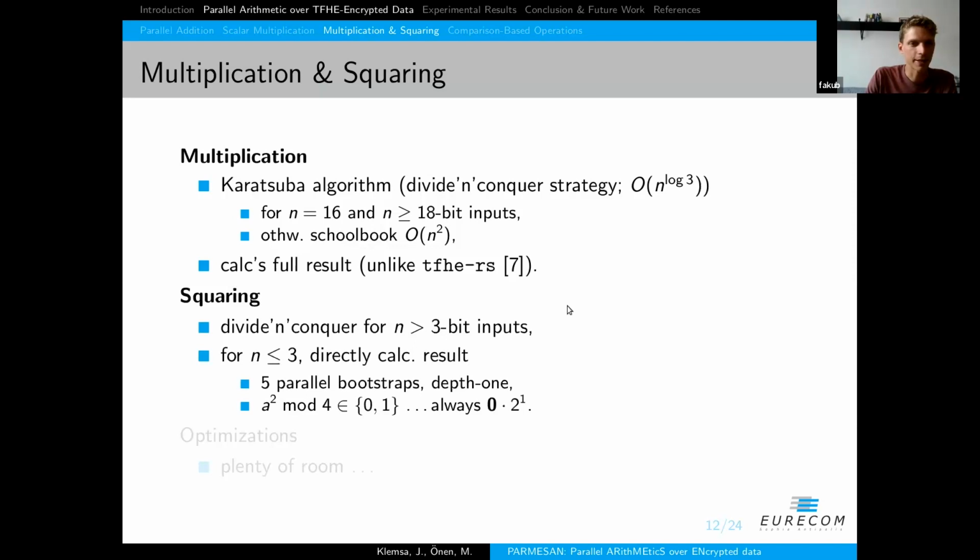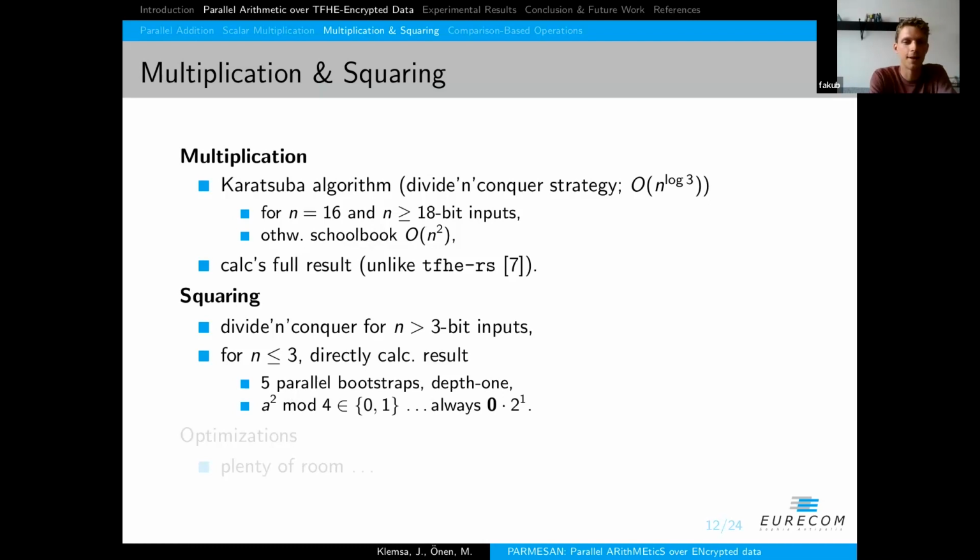Then there's a dedicated function for squaring. Squaring is a special case of multiplication, but very interesting optimizations can be found, and for many applications squaring might be useful. Compared to multiplication, divide and conquer is used for fairly short inputs, from 4 bits and longer. For 3 bits and shorter, we can directly calculate each bit of the result in parallel. So there are 5 parallel bootstraps, and the calculation has depth 1, so it's a single step